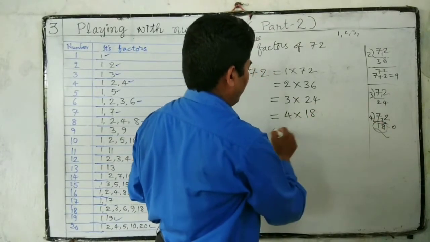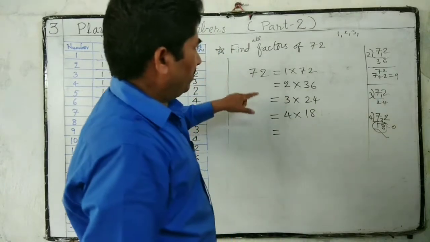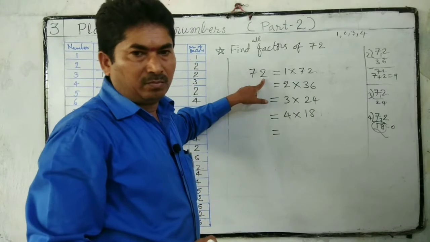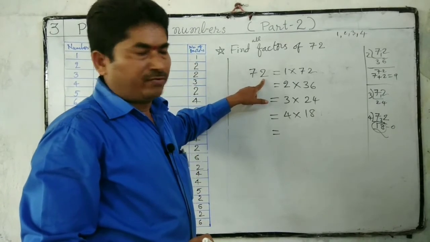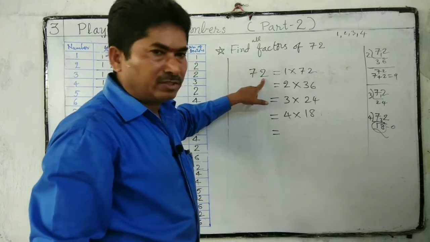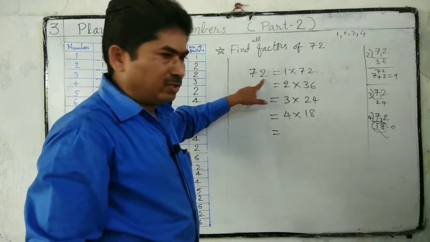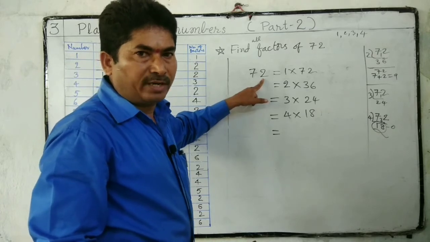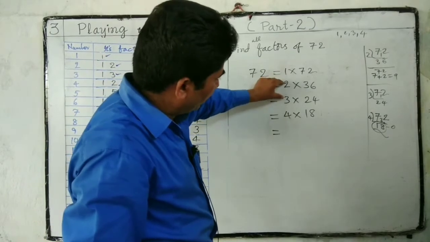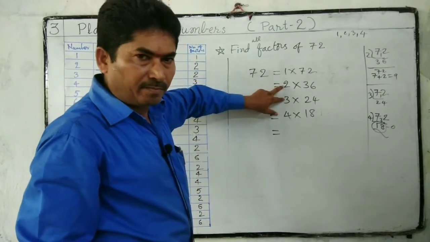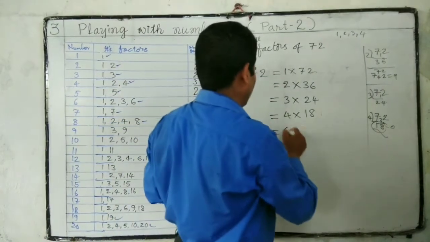4 18s are 4 after 5. So it doesn't have 0 or 5 in units place. That's why not divisible by 5. After 6: if a number is divisible by both 2 and 3, then the number is divisible by 6. So here we are observing it is divisible by 2 and 3. So that's why it is also divisible by 6.